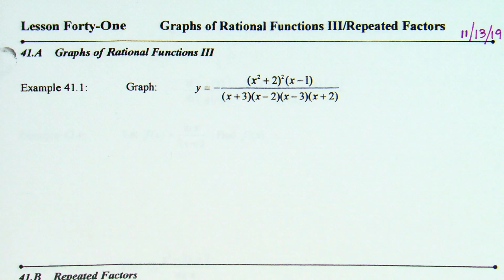Lesson 41 is graphs of rational functions 3. So we have done graphs of rational functions twice before. The techniques are still there. We're adding on, you'll notice it says repeated factors. That's the key we're adding on, is what happens to the graph when there's a repeated factor. So when there is an exponent on the factor, like on the parentheses. Okay? So,